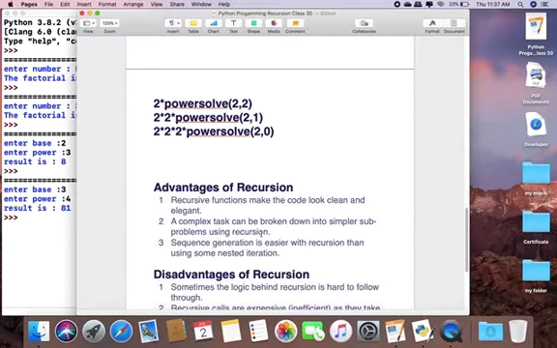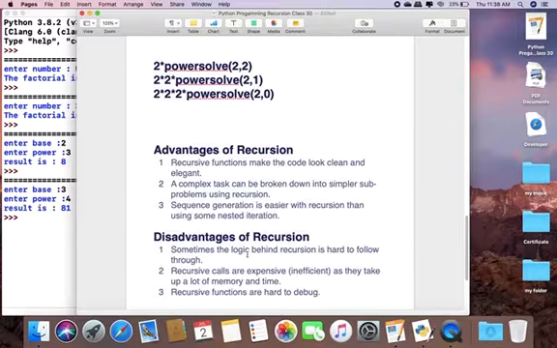If our program is large, we can divide it into small parts using recursive functions. Sequence generation is easier with recursion than with nested iteration. Iteration is also called looping. So recursion is very easy instead of using looping.